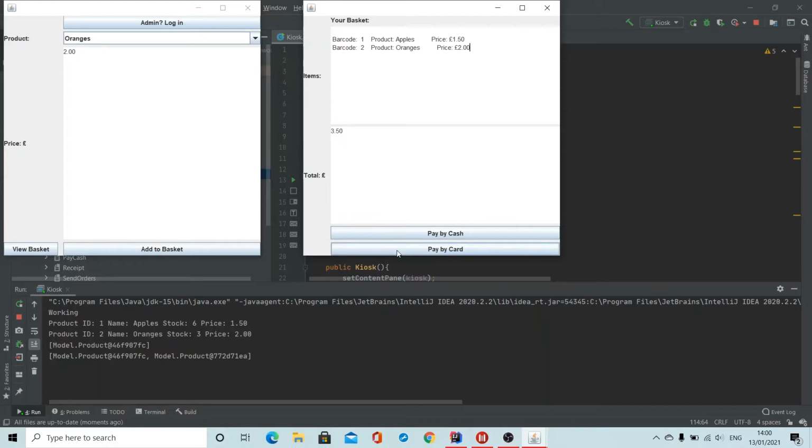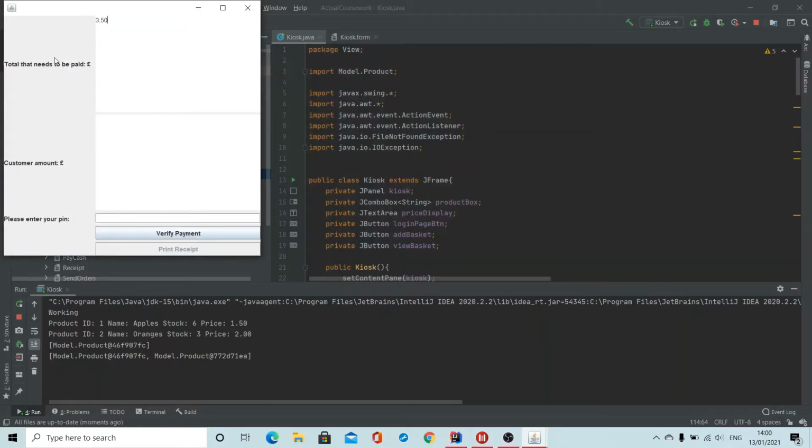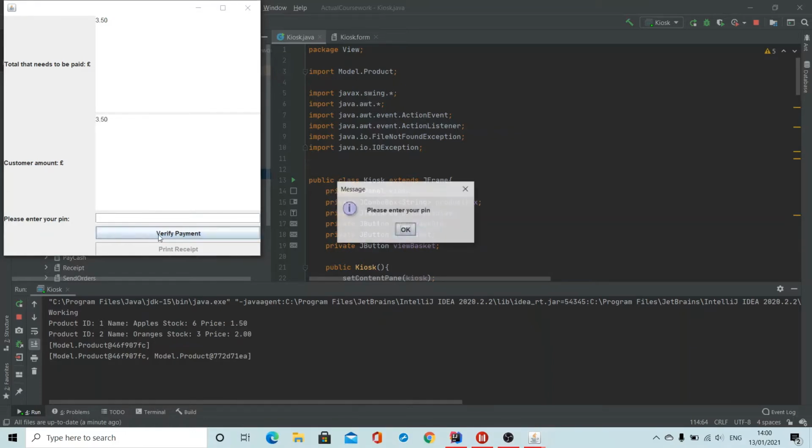So if you were to pay by card, you press this. The total that needs to be paid is up here. The customer amount you would insert would be here, and the customer is required to enter a PIN. So let's say we're going to give £3.50 and don't enter a PIN. It would say enter your PIN. But if you enter your PIN but don't give the correct amount,